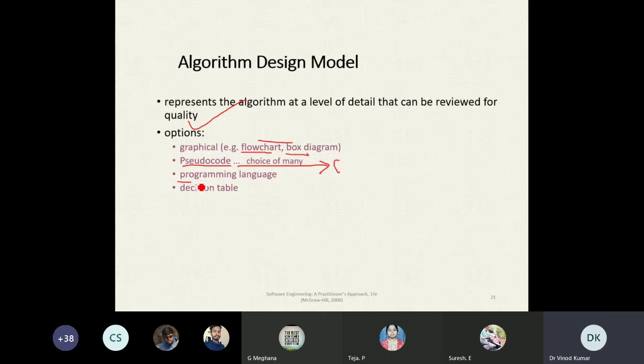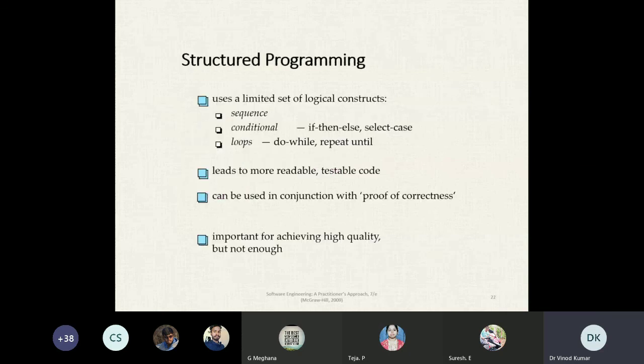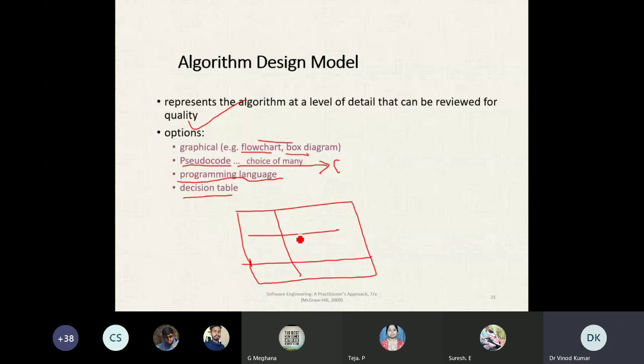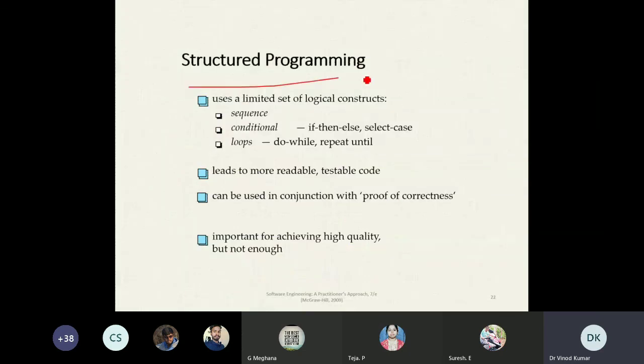And there are the programming language and the decision table. A decision table is nothing but the different components, classes kept in a table, and the assessment is done by making different combinations of those objects.